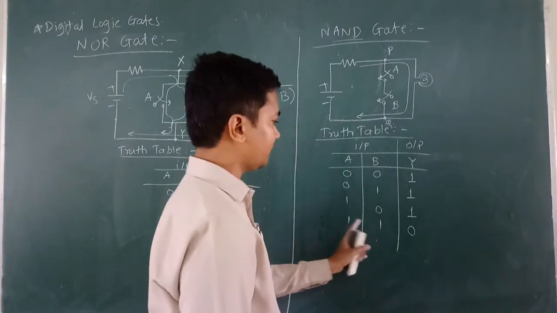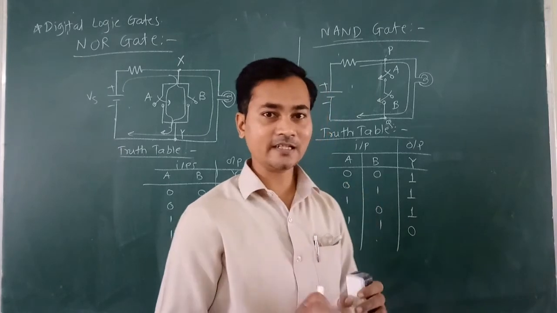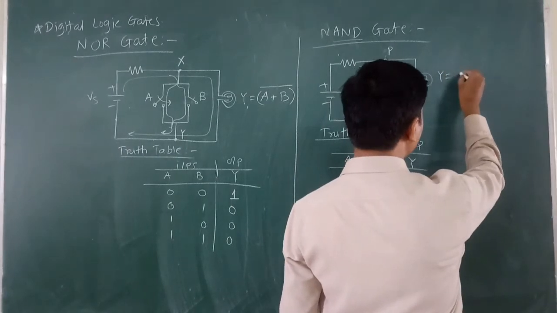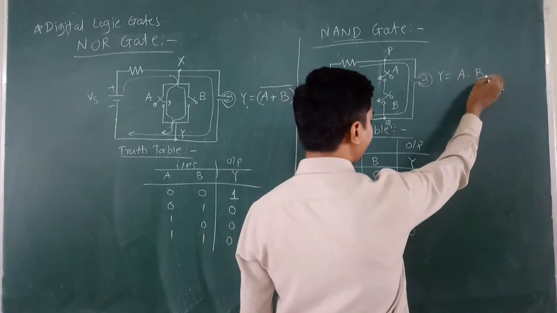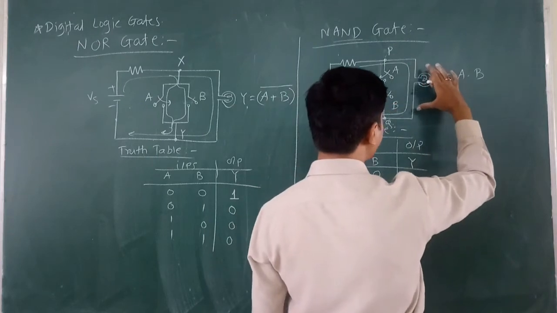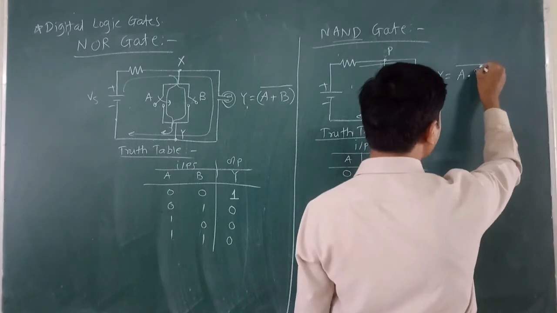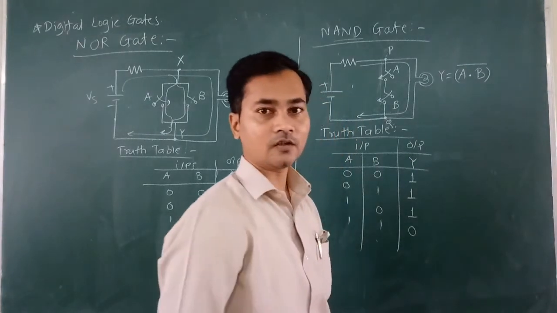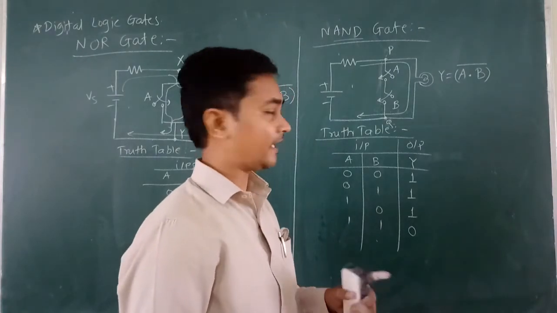Okay, so from this we know the equation of AND operation and logic gate. So we have to just complement it. Okay, so Y is equal to A dot B, because A and B are in series, and this switch combination is placed across this bulb in parallel with the bulb. That means the bar should be the complement of this A dot B. That is NAND gate. Okay. So this is all about the NAND operation.